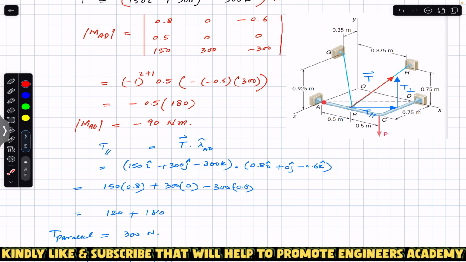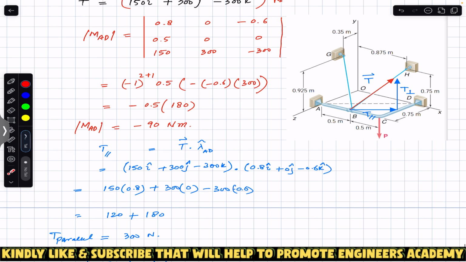The component perpendicular to AD is going to produce that moment of 90 Newton meter about the AD line. That will help us, because this tension T has three components,